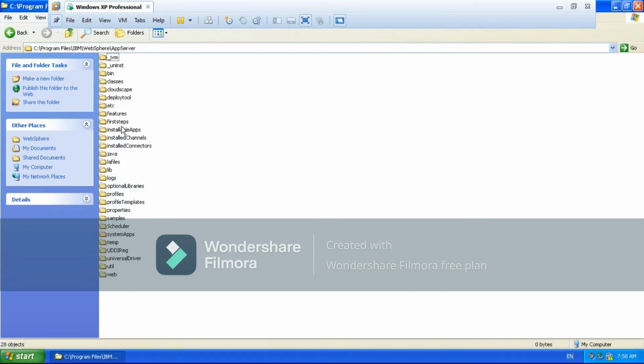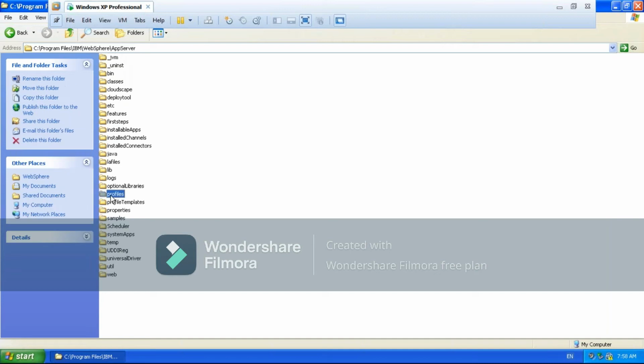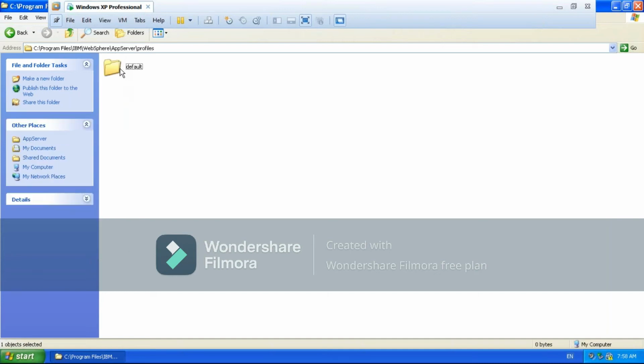By using these product binaries, we are going to create a profile. Profile is nothing but what creates a complete runtime environment of WAS as 3 layers: cell level configuration files, inside that node level configuration files, inside that server level configuration files. If you want to see that, get into profiles, and default is the profile name. Get into default. This path we are going to call the default profile home.